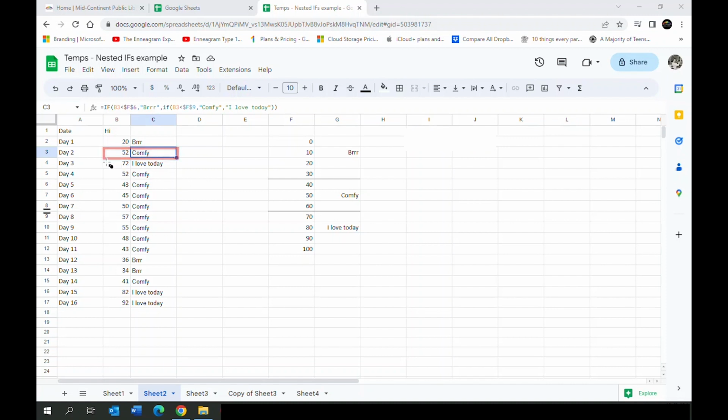And then on day 3, we even have I love today. Let's see, and 72 is within the I love today range. And so it's a very quick, easy way to see that what we have done is correct. Let me click in C2 where we can see that it tests for B2 and what that true is, but